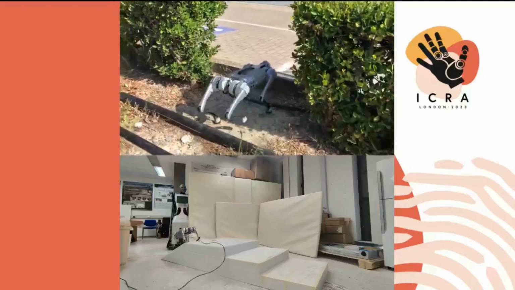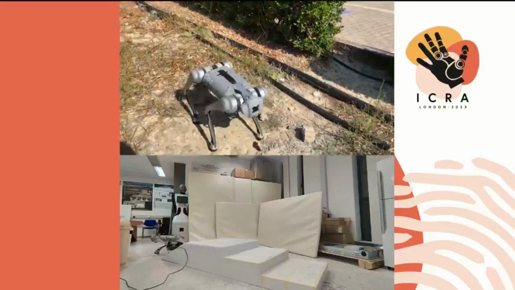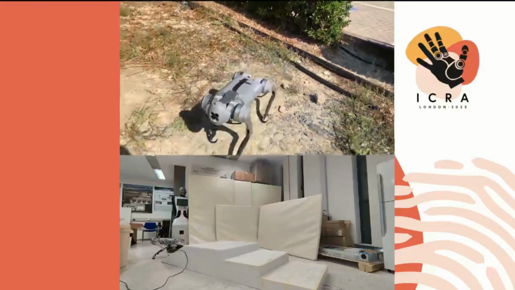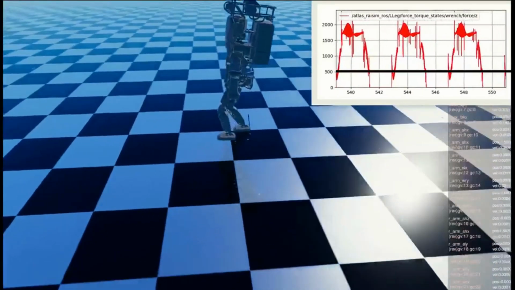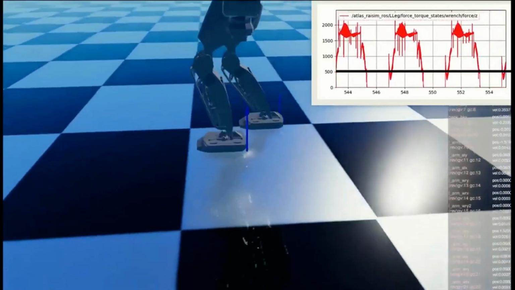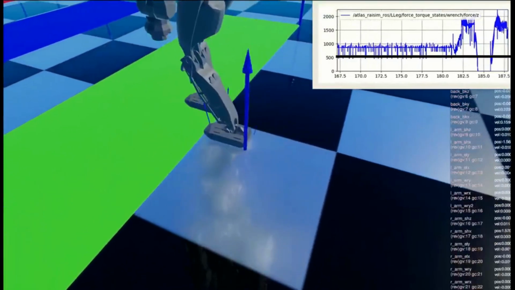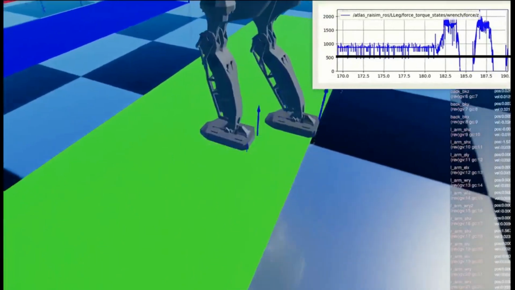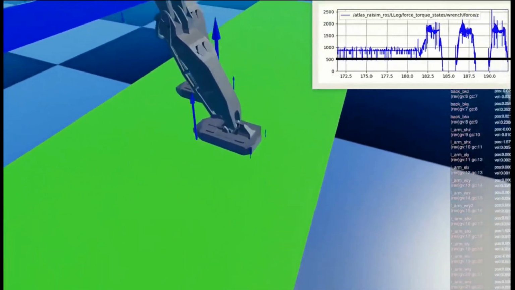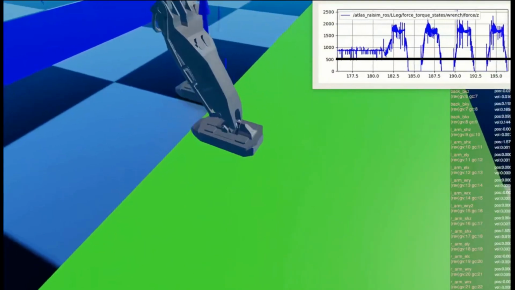In addition, estimating the quality of contact that each foot experiences with the ground is essential for base state estimation and full body control. The most mainstream approach in order to classify the contact state is to simply threshold the vertical ground reaction force. When the force measurement is greater than the empirical threshold in the top right graph, the contact is classified as stable. When the contact is firm, this approach works in practice, however, it performs poorly when walking on a slippery or